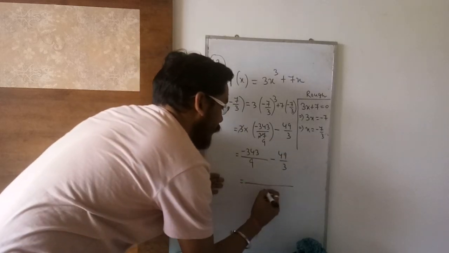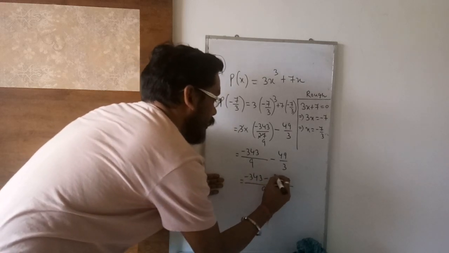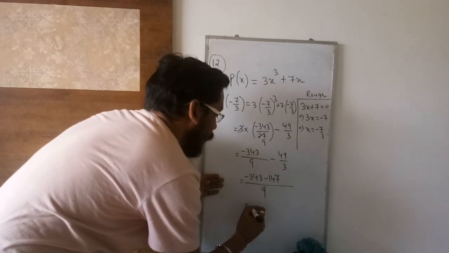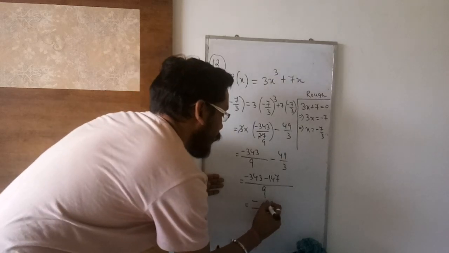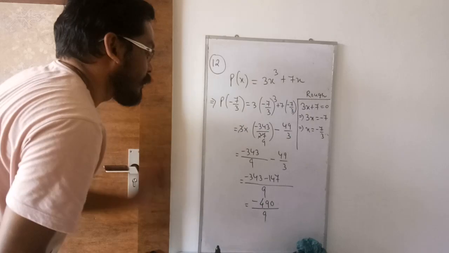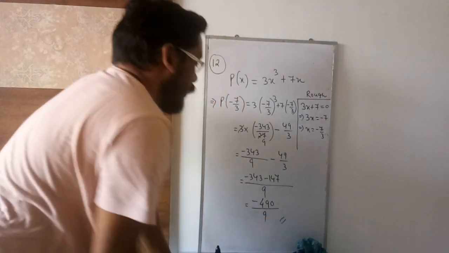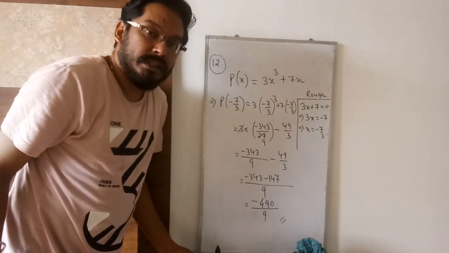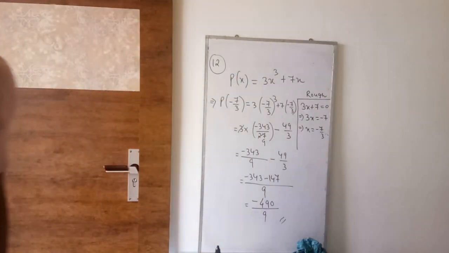Further we will solve by taking LCM 9. So it is minus 343, 3 3s are 9, 3 9s are 27, 2 carry 3, 4 2s 13, 14. So you will get here 9 minus 7 3s 10, 4 4s 8, 9 3s 1 4. Hope it is correct. So this is the answer you got. Your remainder is not 0, so your ultimate answer will be, therefore 3x plus 7 is not a factor of the given polynomial. Take the screenshot.